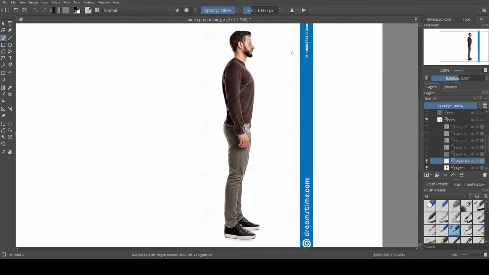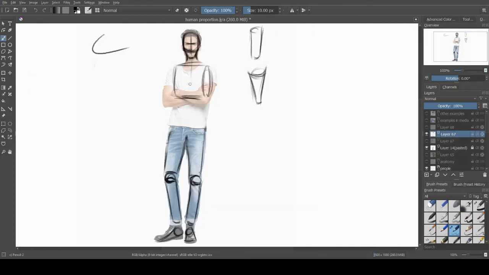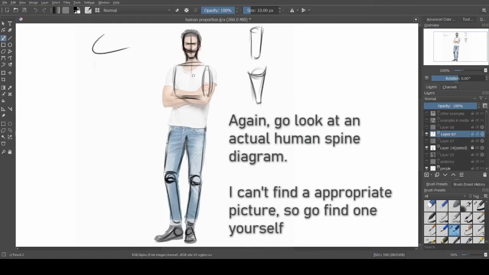Now, the S position is most commonly found in people who are standing up, and another place you might have seen it is if you ever looked at one of those charts about good posture. Basically, the S position goes from your neck and follows your back in a curve. Now, if the person you're drawing is standing completely straight like this, you may start to think, oh, I know, it's an I position or something. But usually in the human body, it's extremely rare for a spine to be completely straight, because that's not how spines work. But for now, since this person is in fact standing very straight, their spine would in fact be